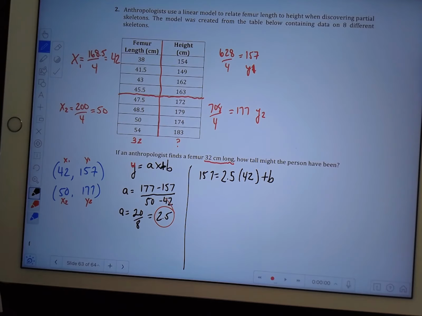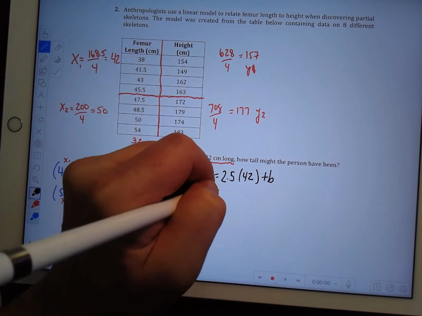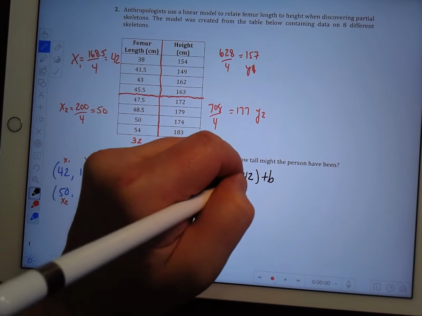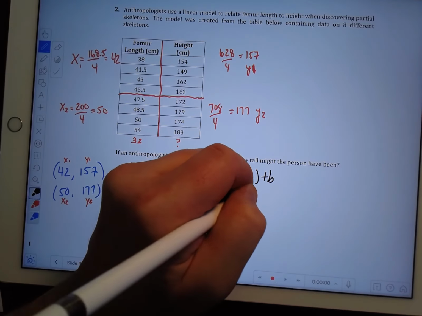Now I just have to simplify this, and 2.5 times 42 will give you 105. I'm going to subtract 105 from both sides, and I get 52